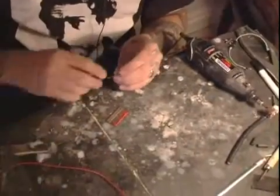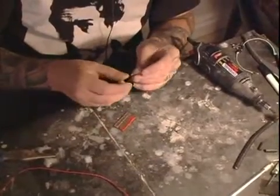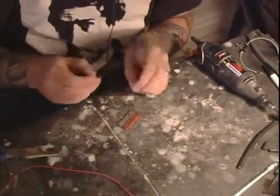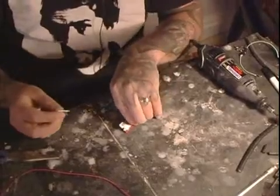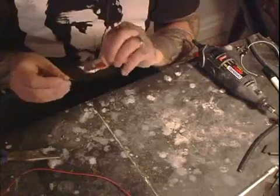Hi, I'm Jason, and today we're making a bracelet out of wire and coax cable, and we've just finished our beads and the glue inside is drying. So next what we want to do is take the razor blade that we're going to use for the charm